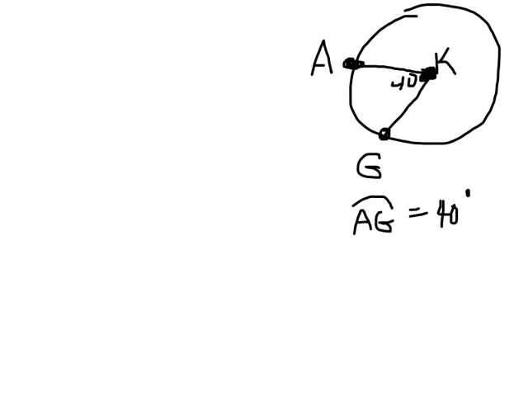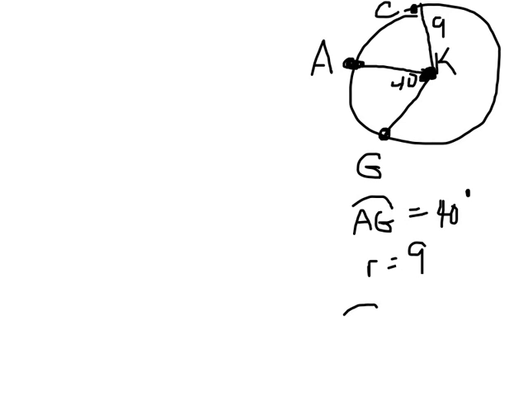Okay, and then they tell us that KC is 9. Well, C is kind of up here, isn't it? What would KC be in the circle? It's a radius, so it's 9. So now I know what the radius is. Okay, so I've got some information here, and that's all they give me, and they want to know what is